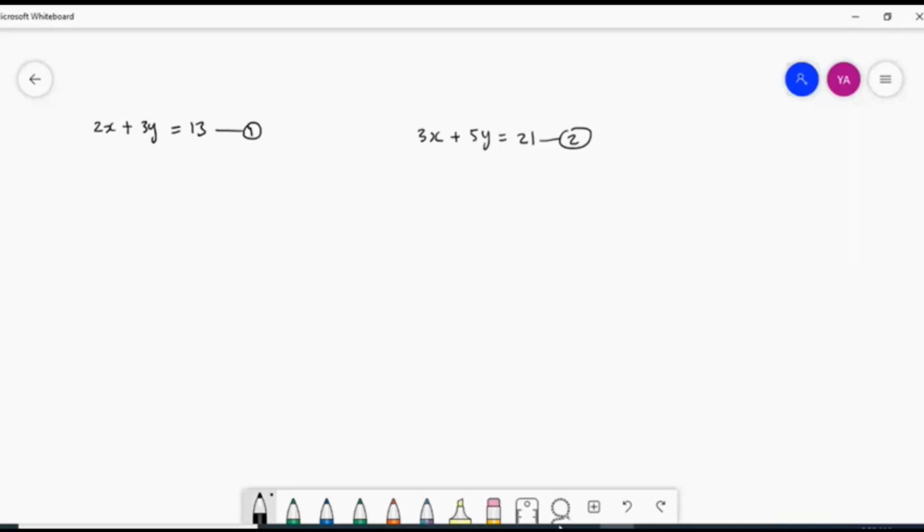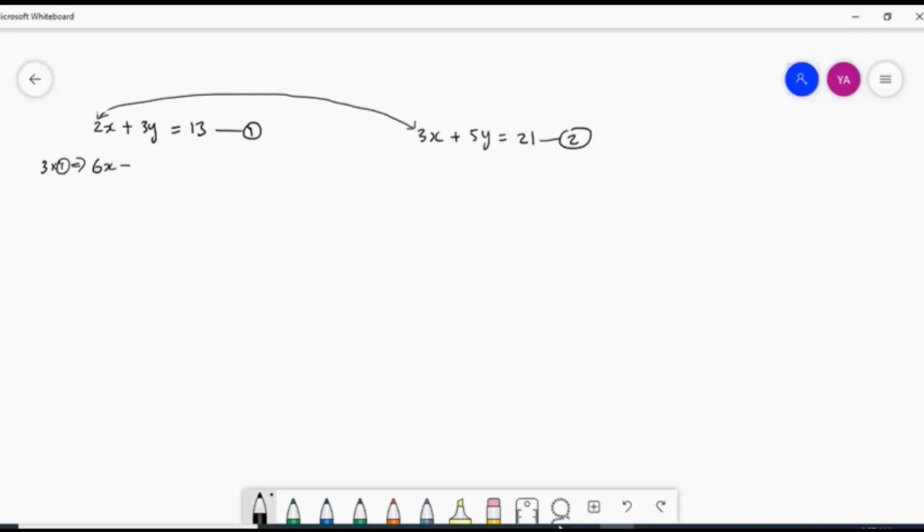So here what you have to do is modify both equations. You can change the x coefficients into one equal number, or you change the y coefficients into an equal number. So better if you multiply equation number 1 by this coefficient, this 3 you take and multiply the first equation. So 3 times equation number 1 you do.